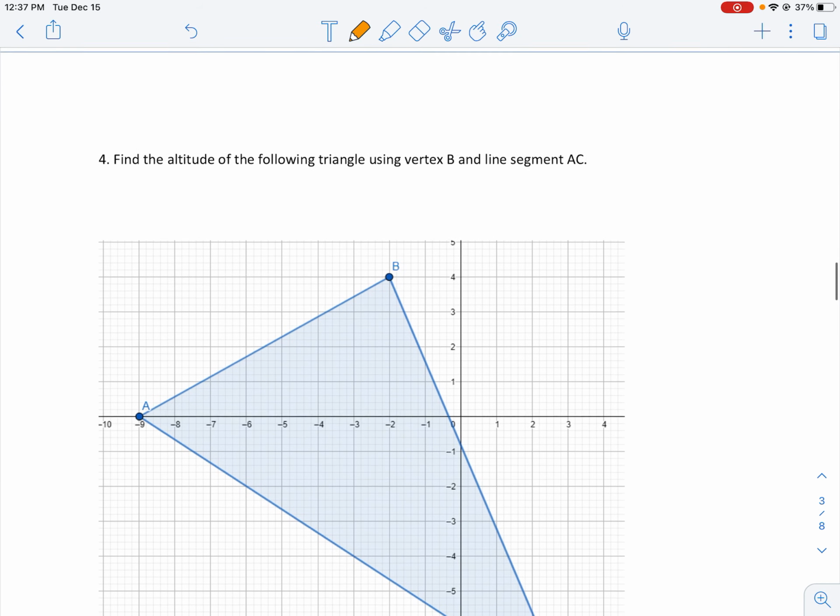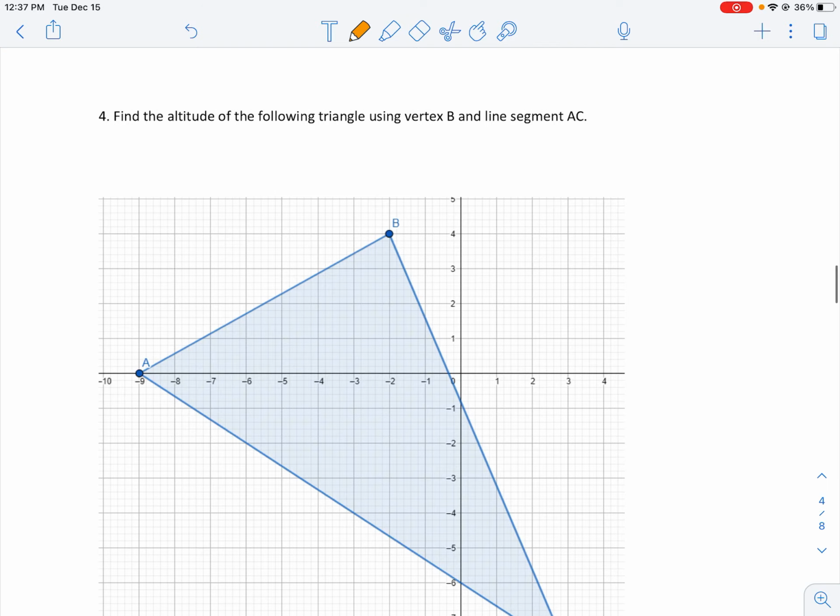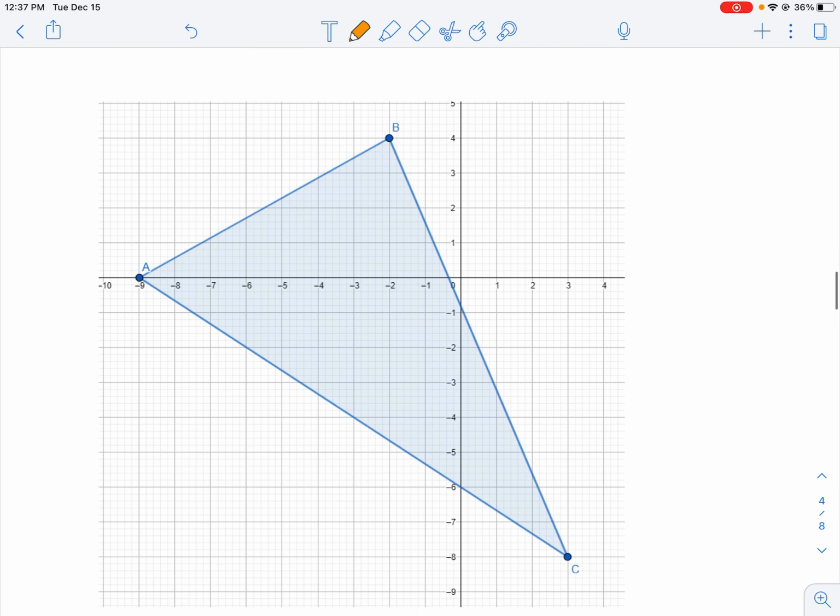Okay. So now, unfortunately, it's giving us a little instruction here, right? What's it saying? It says find the altitude of the following triangle using vertex B in line segment AC. So what we're going to have to do is create, right up to the side, a perpendicular line. That's going to have to go through B